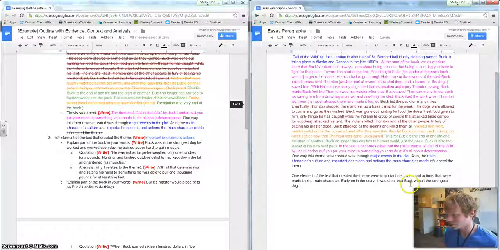And I can use the phrase Buck without telling who Buck is because I already wrote a summary for my reader that explains who Buck is. So earlier on in the story, it was clear that Buck wasn't the strongest dog out of the dogs he was surrounded by. Now I've explained this to my reader. Okay, cool. However, he worked and worked every day